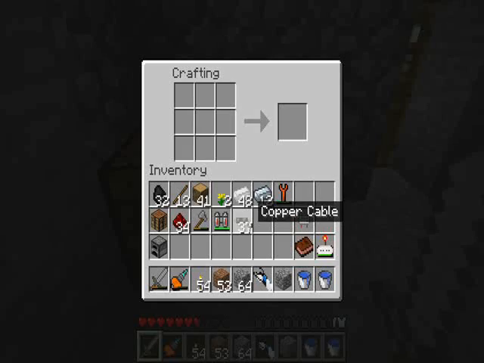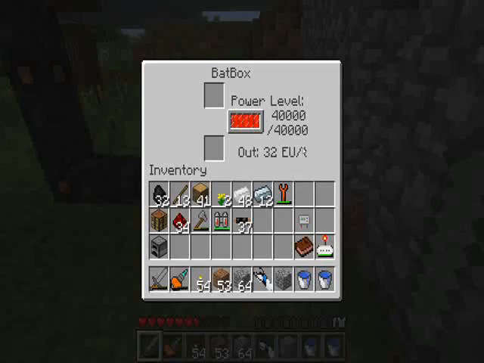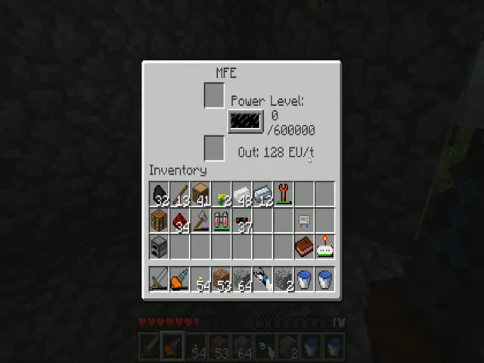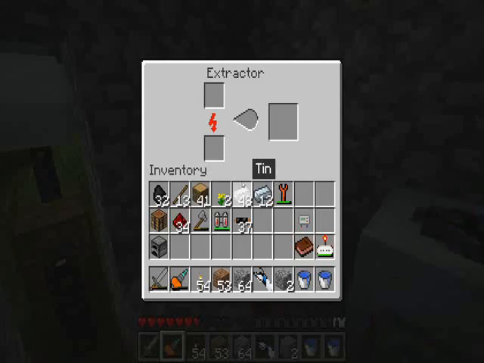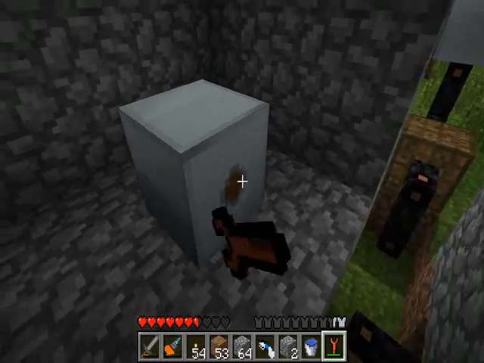Ta-da! Okay. I'm going to build that transformer that I was talking about, the low voltage transformer, which basically, there's 3 levels of voltage in the game. The Bat box is low voltage. It emits 32 energy units per time frame, and that's what most machines can accept. The MFE emits 128 units of energy per time frame, and if I were to wire this directly to one of my machines, I think it might explode, or something similarly bad would happen. So I'm just going to rotate this guy in this direction